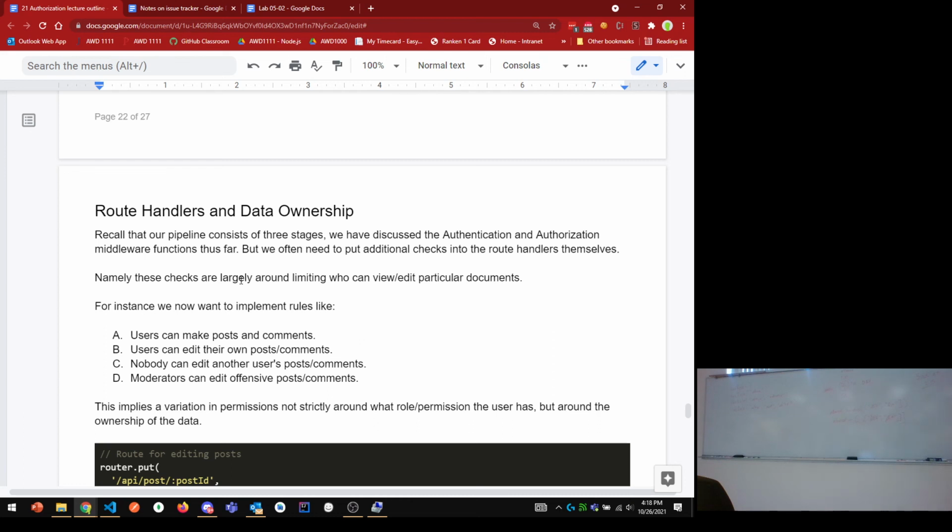So what I want you to do, this is not all of Lab 5.2, just so we're clear. There is more to Lab 5.2. I want you to go